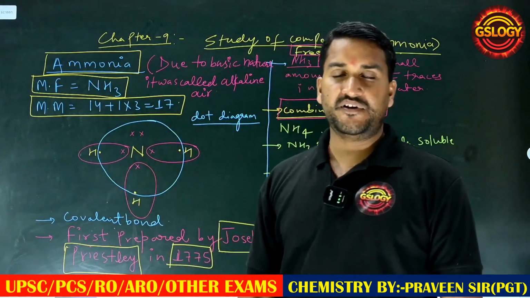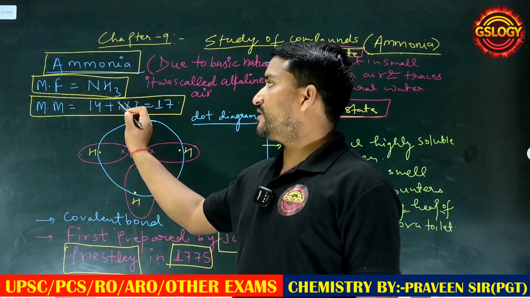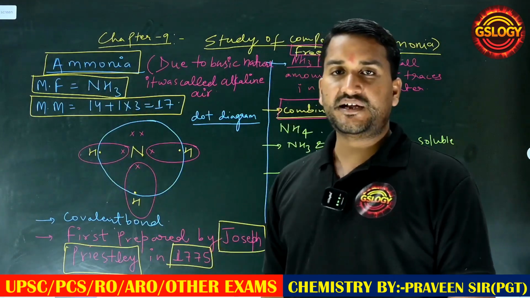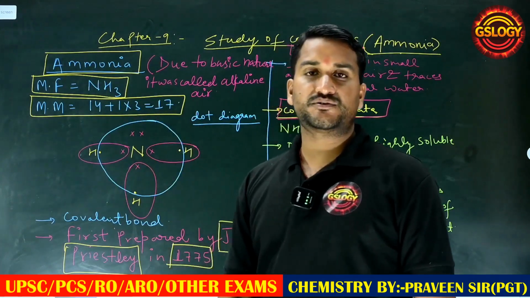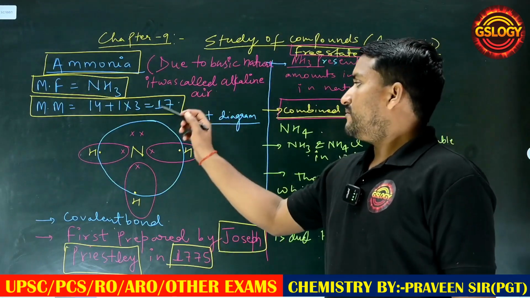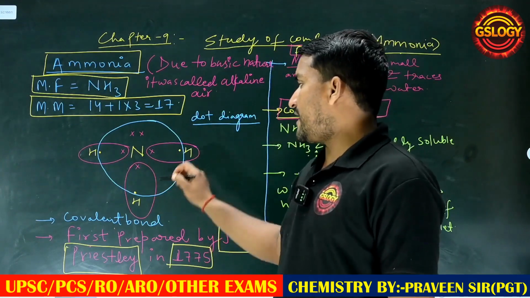The atomic mass of nitrogen is 14 and hydrogen is 1, and there are 3 hydrogen atoms present in the ammonia molecule, so its molecular mass is equal to 17. Clear? And it is a nitrogen and 3 hydrogen